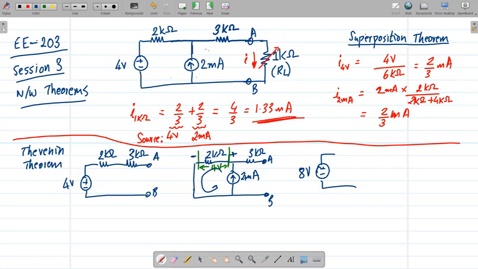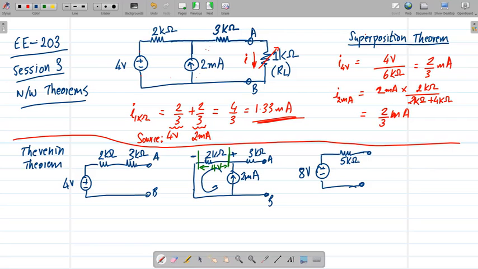What is the Thevenin resistance? Now for Thevenin resistance, we have to short circuit the voltage source and open circuit the current source. And if you look back, that's going to be 3 plus 2, that's 5 kilo ohms. For those of you who are comfortable with this, it might look really trivial, but there are some of you who are not comfortable. So it will just help you recap what's going on.